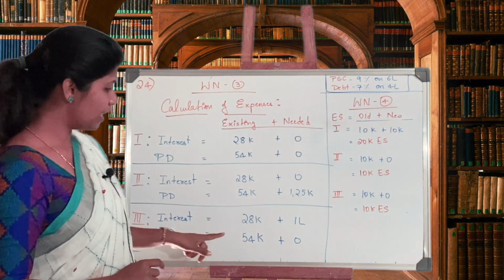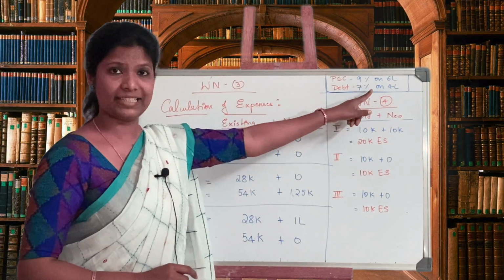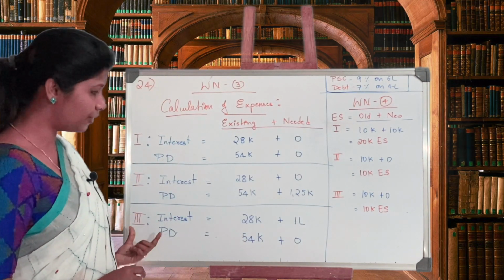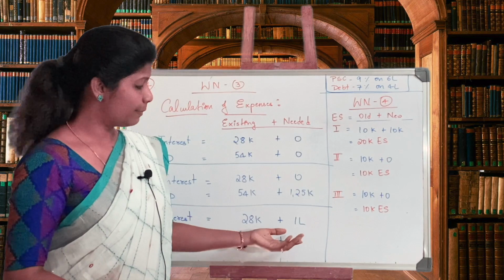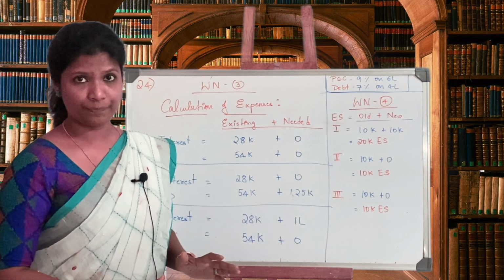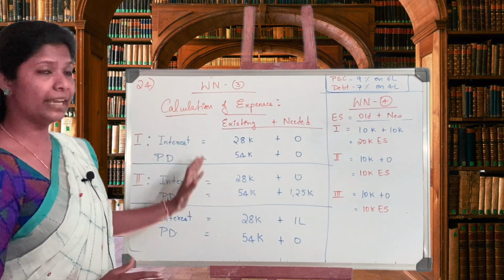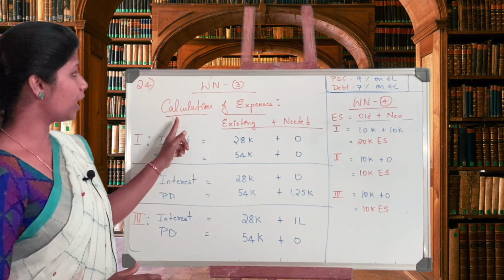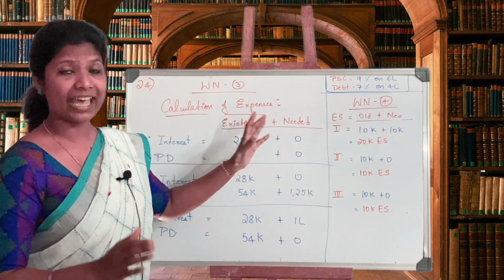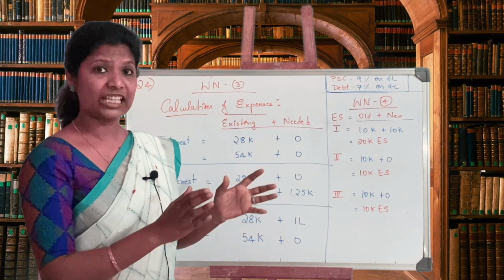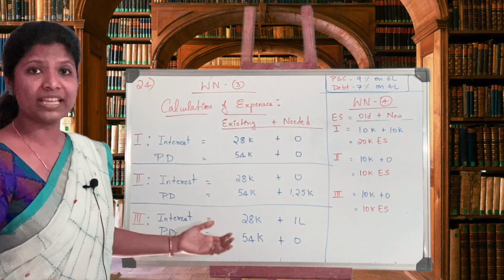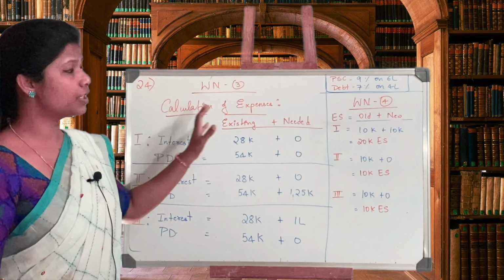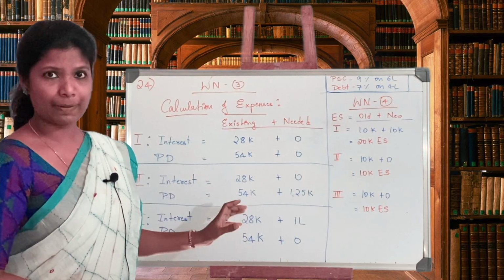Preference dividend, only 54,000 which is existing. In plan 3, do we have preference share capital? No. Therefore, there is even no preference dividend payment. Hope you got this entire calculation. It is calculation of expenses. Expenses which are existing, and expenses which are going to come up in the future if I adopt one of these plans. Therefore, I am going to consider all the possible expenditures.